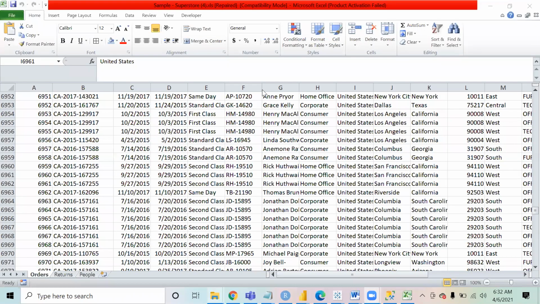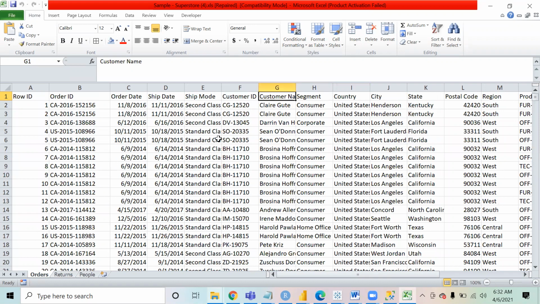Let's first have a look at the data, the file that you have downloaded, the sample superstore. This is data regarding a superstore. Over here we have the order ID. When we purchase something from a superstore, an order ID is given to us.